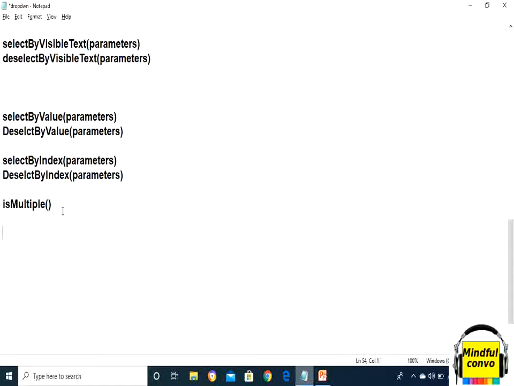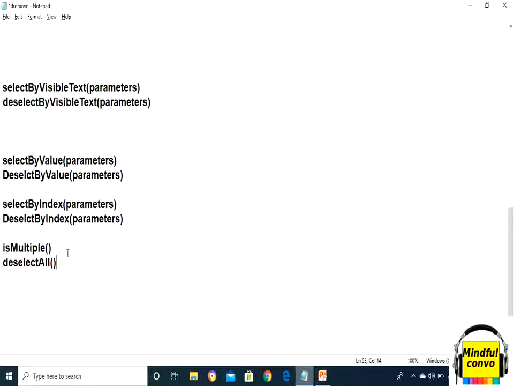Now related to this method, we have the last method, that is deselectAll. This method is used when isMultiple returns true, and as the name suggests, it deselects all the selected multiple values.